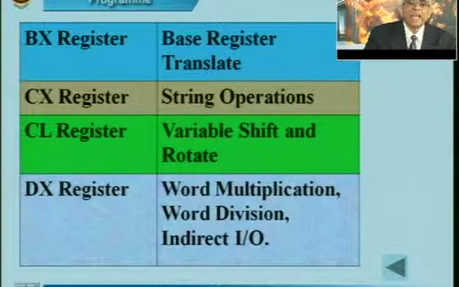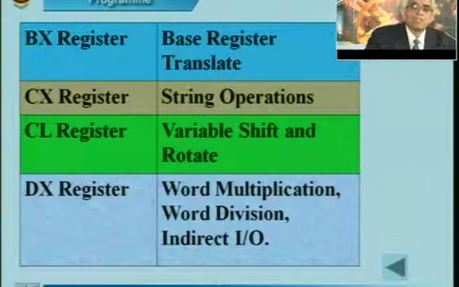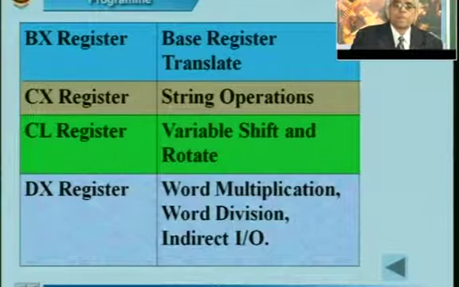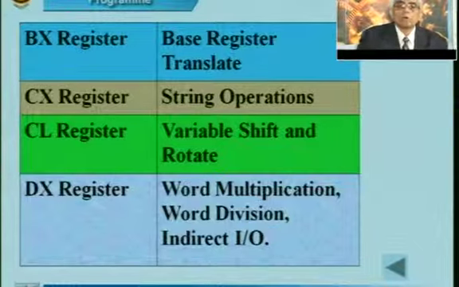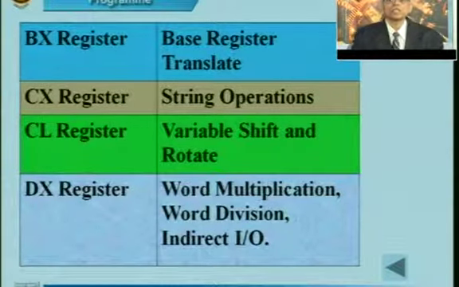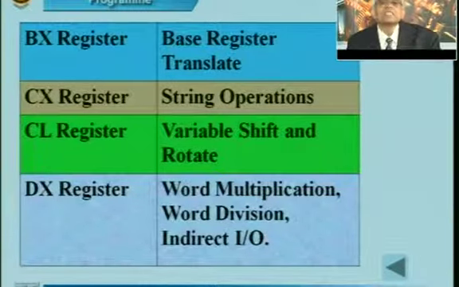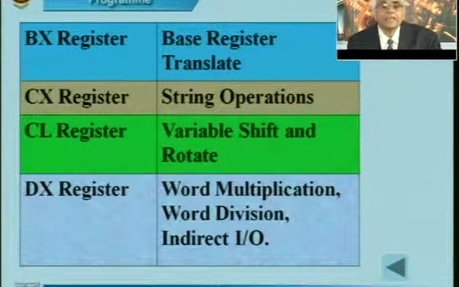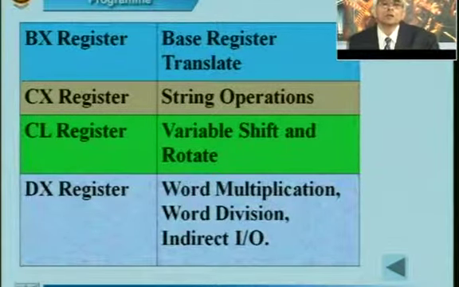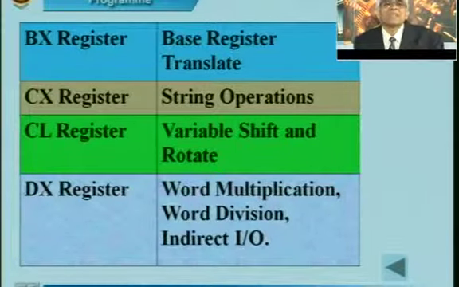CL register is again an 8 bit register of CX which has a special operation for shift operation and rotate operation. Both shift and rotate operation can be performed by using CL register because CL register can have a count of 8 bits. So, this value is being used for rotate or shift operation. Usually the number of bits available for 8 bit rotation or a 16 bit rotation is limited to 8 or 16, and hence CL register can contain 4 or 8 or 16 so that it can be rotated